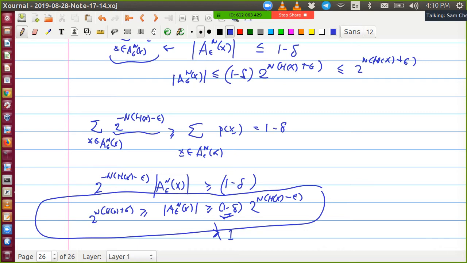So therefore we find that, what's the size of the set of typical sequences, or the number of typical sequences? It will be more or less 2 to the nH(X), basically. You can put a range here, but delta is pretty small and epsilon is pretty small, so approximately there will be 2 to the nH(X) of them. And that's it, right? So that's the asymptotic equipartition. So that is typical.